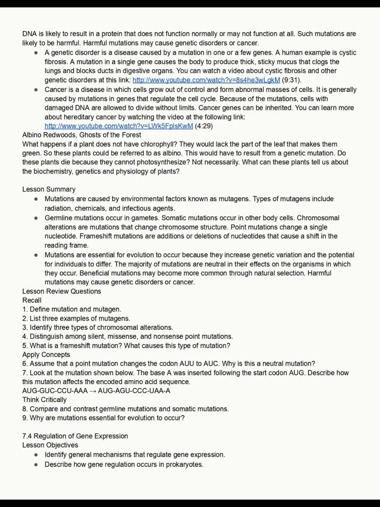Harmful mutations may cause genetic disorders or cancer. A genetic disorder is a disease caused by a mutation in one or a few genes. A human example is cystic fibrosis. A mutation in a single gene causes the body to produce thick, sticky mucus that clogs the lungs and blocks ducts in digestive organs. You can watch a video about cystic fibrosis and other genetic disorders at this link,